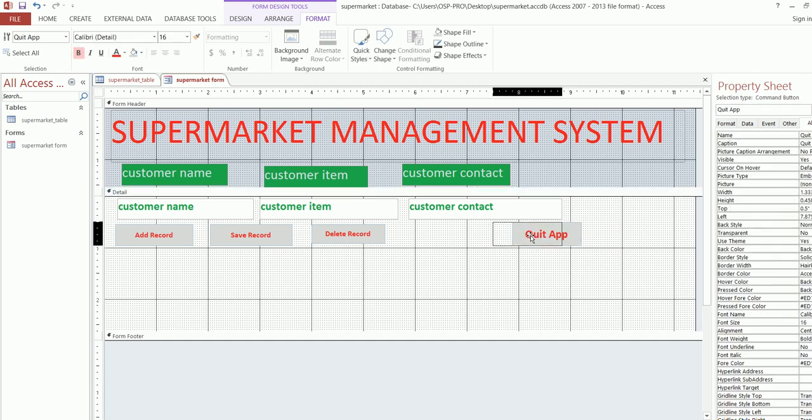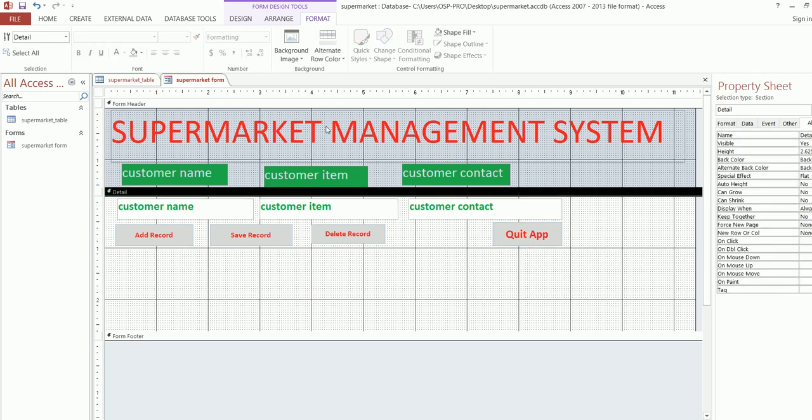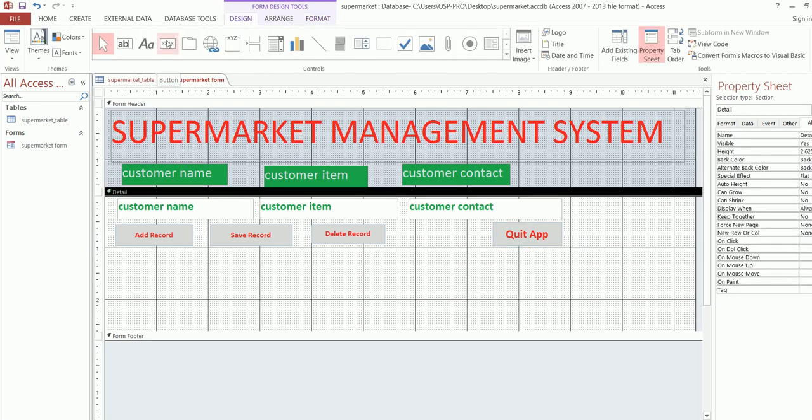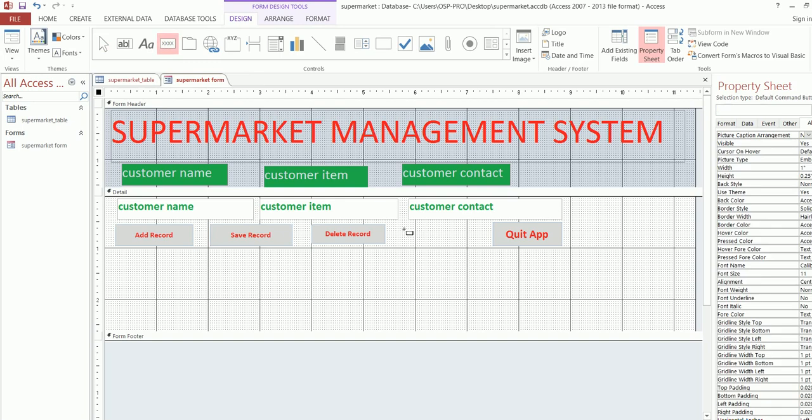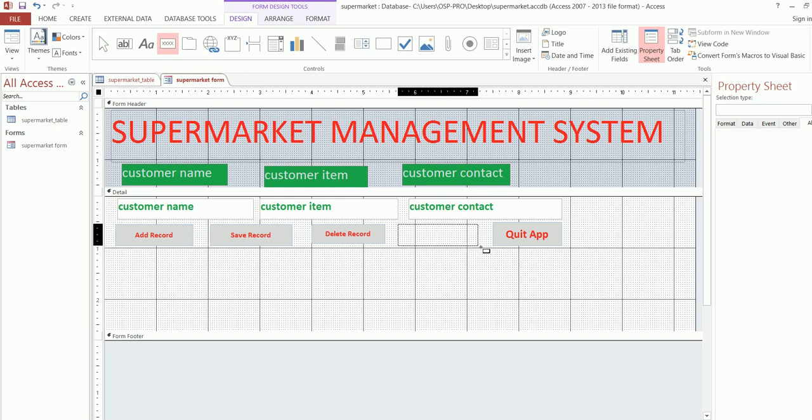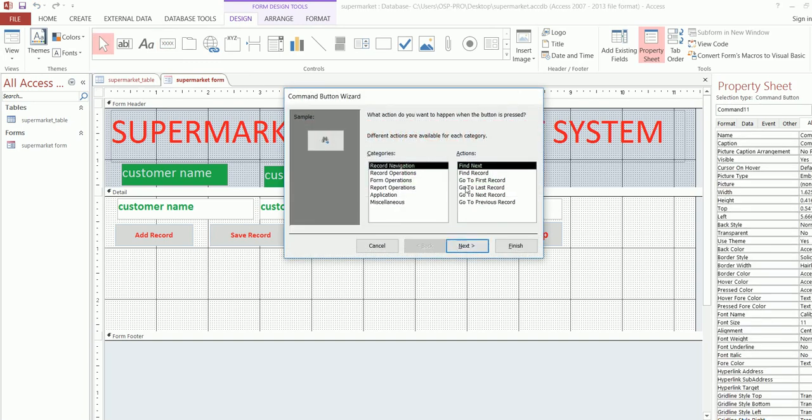But the other options are previous and forward. So if I go back in here, design, and I go to what is known as button, drag another button around here, let's select which button is going to be for what. Find the next, go to first, next, previous operations. You can duplicate, you can print. Okay, let us also click for print,